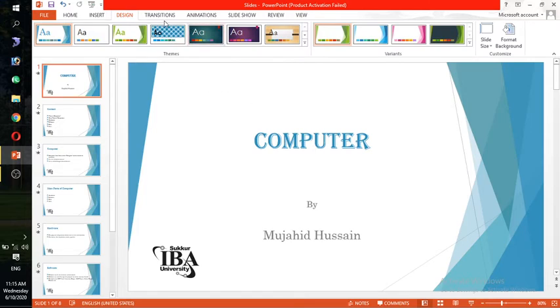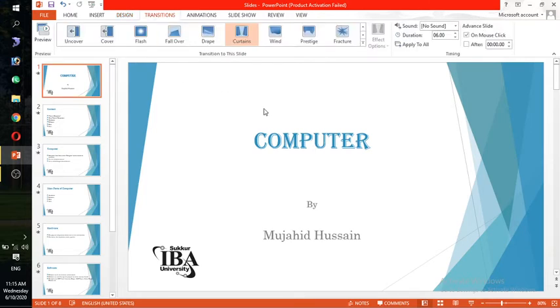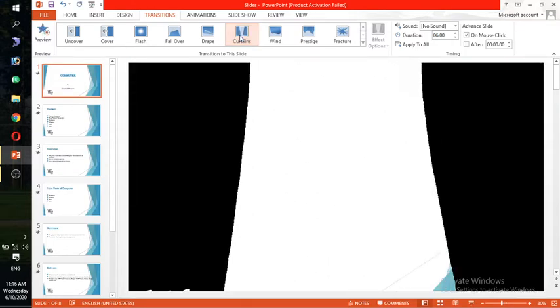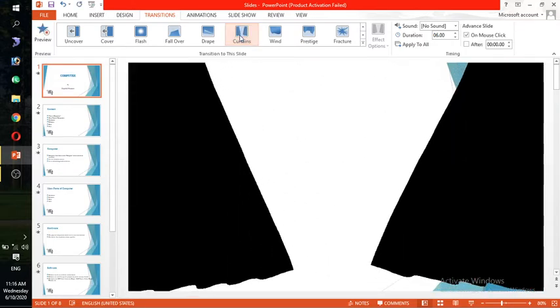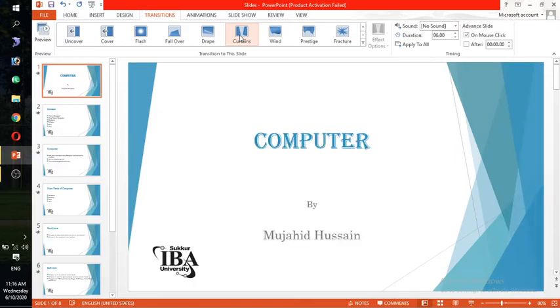After the design, now we are going through the transitions. Transitions are applied on slides. So in which way do you want to see the slide? Like I am going to apply this on the very first slide. Then I will go through a preview, press the F5 key, then see this is the very first page of my slide. When the slide appears, then after pressing any key, you will see the text on your slide,